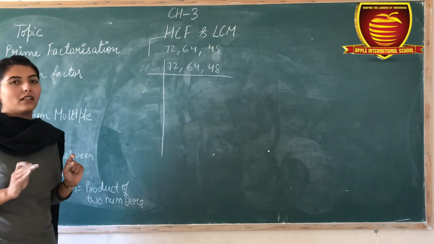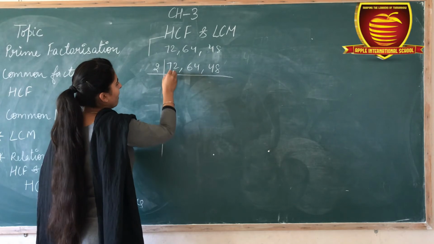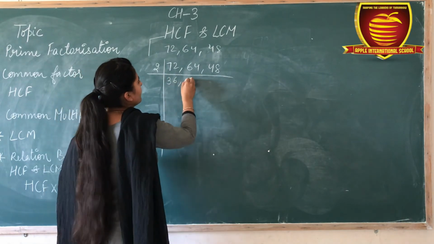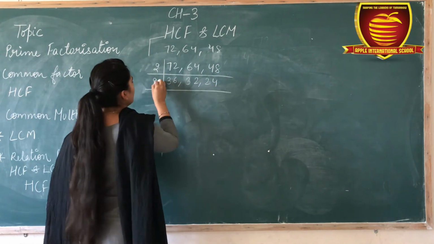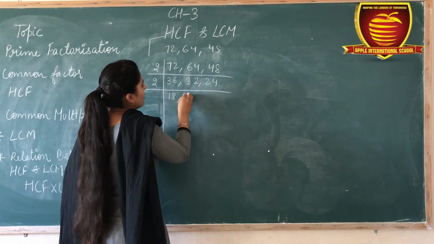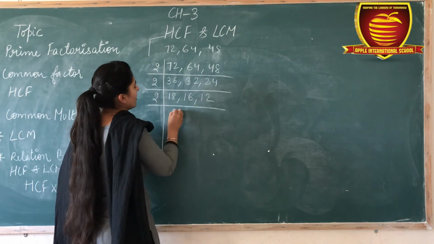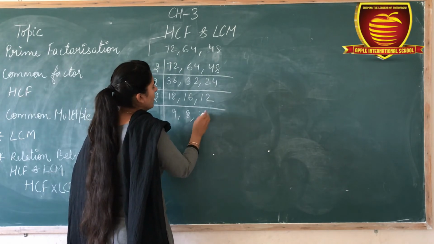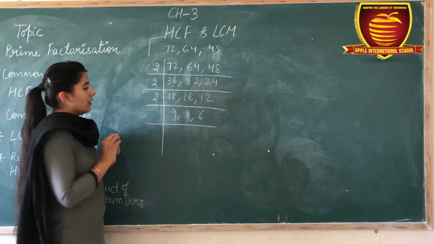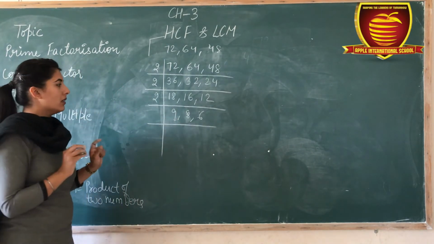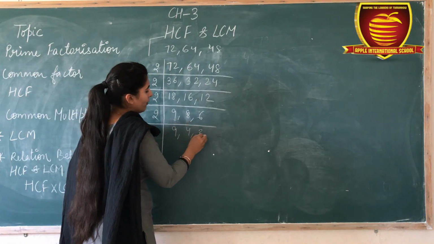Now we can solve them together. This is the second type. So firstly take 2, 3, 6, 3, 2, 2, 4. Now 1, 8, 1, 6, 1, 2. Next 2 2s are 4, 2 9s are 18, 2 8s are 16, 2 6s are 12. Here 9 does not come in the 2 table, but we can write it as it is. Solve the further numbers.